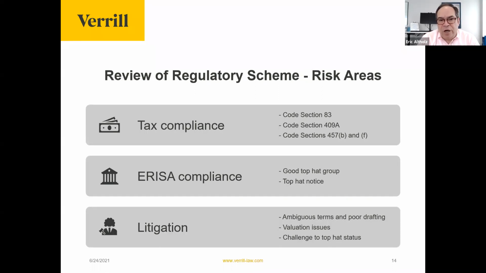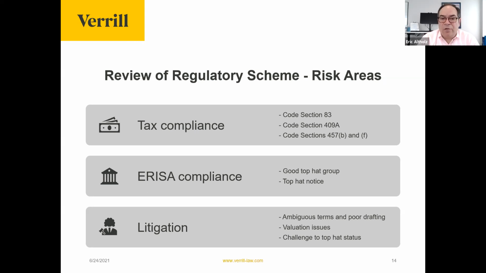So in a nutshell, we've really talked about the first two elements on this slide. The tax compliance, I didn't specifically reference Section 83, but that's the rule that drives the transfers of stock. When I said that the stock would be taxed at fair market value, that's the rule that drives that tax treatment, and Bill will reference a special provision of Section 83 later. Code Section 409A, where we spend a lot of our time, and the important special rules that apply to tax exempts under 457(b) and (f).